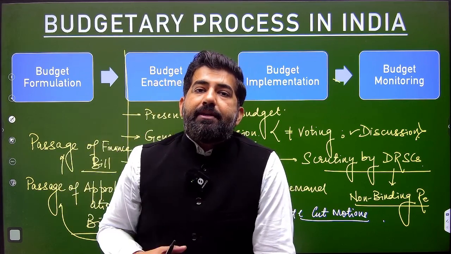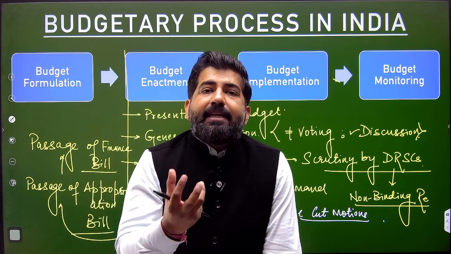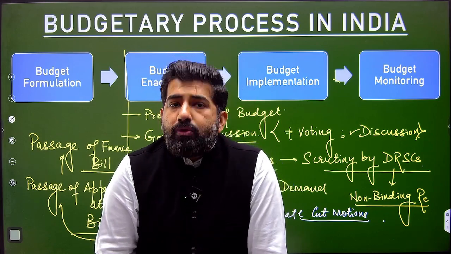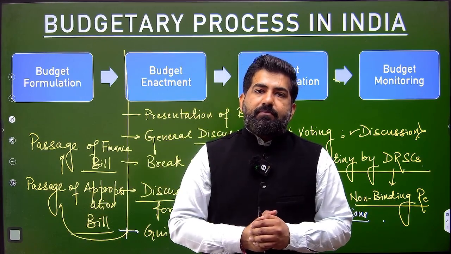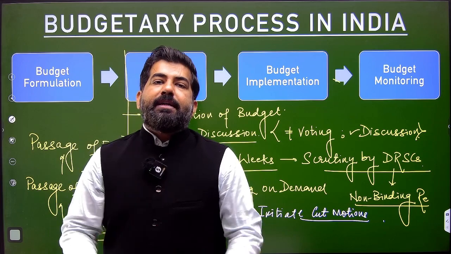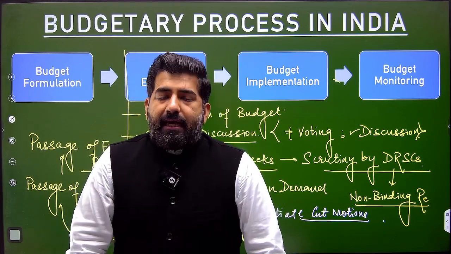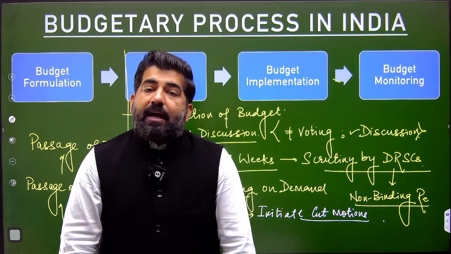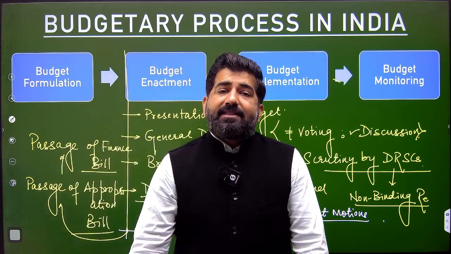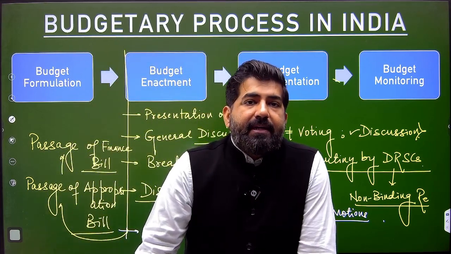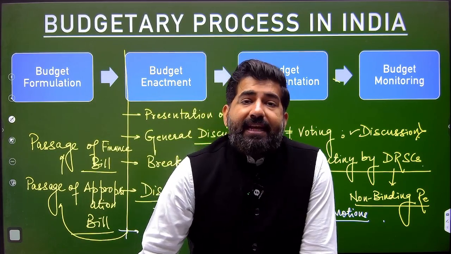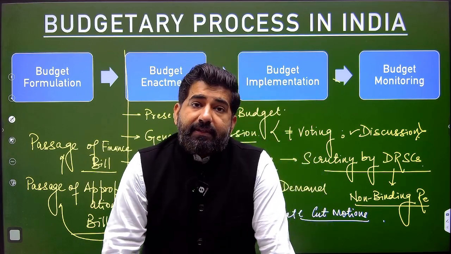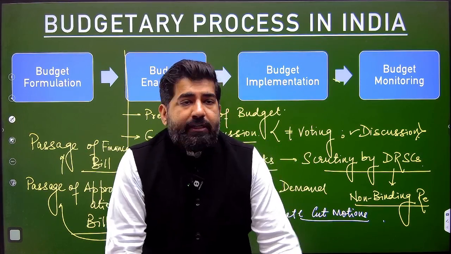Yes or no? And they seek executive accountability through various motions, could be censure motion, adjournment motion, through other tools like question hour, discussion sessions, or through committees: Public Accounts Committee, Estimates Committee, COPU (Committee on Public Undertakings), or through an agent of the parliament, that is the CAG, which is a constitutional body itself, that holds the executive accountable. So this is budget monitoring.